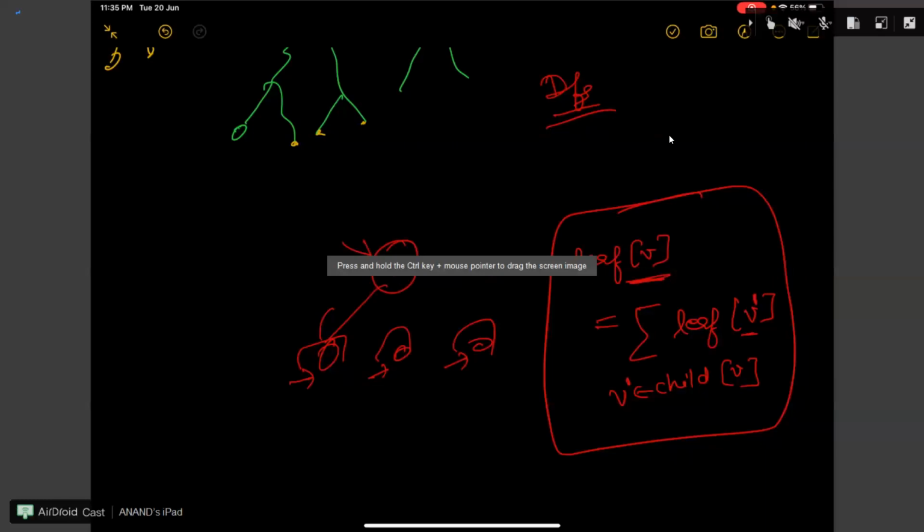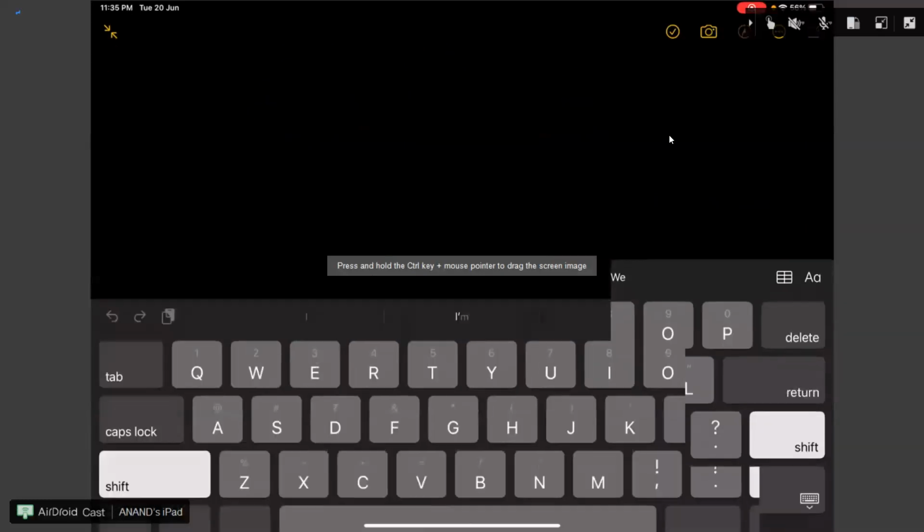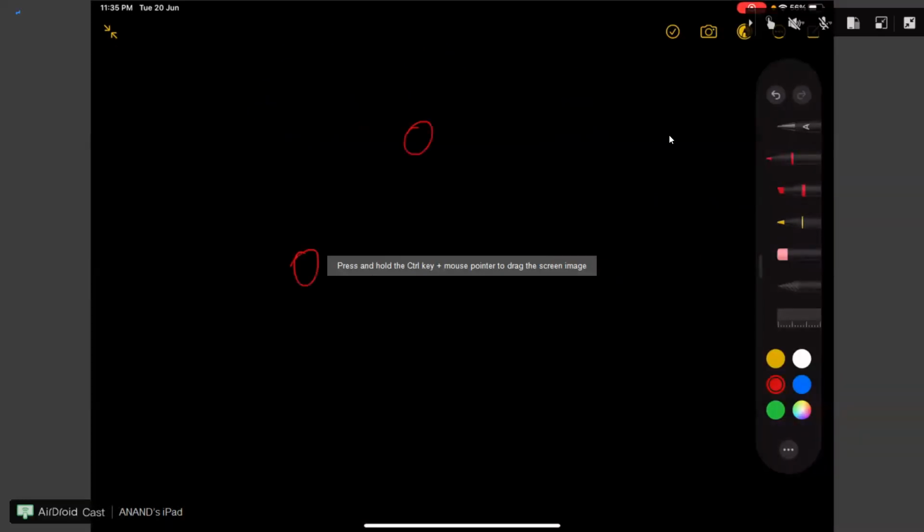Also, you can see one thing: if the positions of the apples are different, it won't ever occur that a single node contains both of the apples. For example, if one apple is at this node and the other apple is at that node, even after one step this apple will come here, and that apple will go somewhere down. So it can't happen that both apples are at the same node at the same time unless